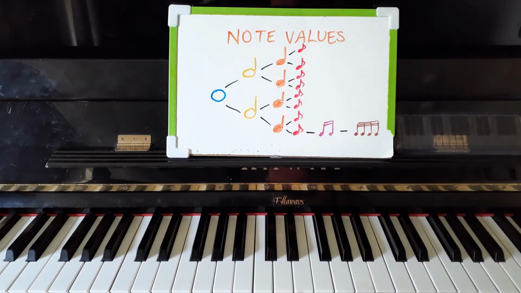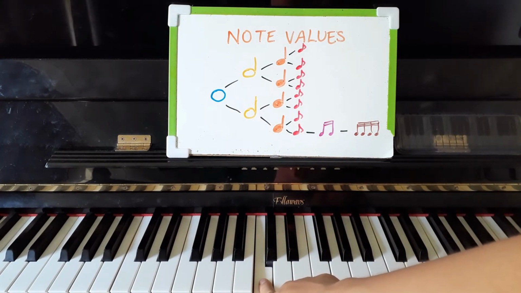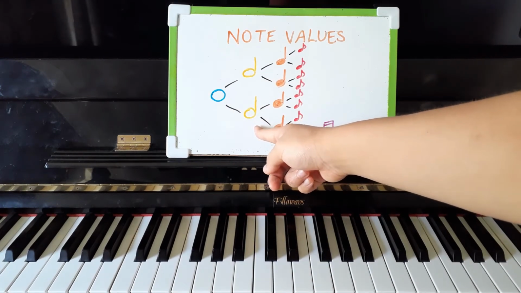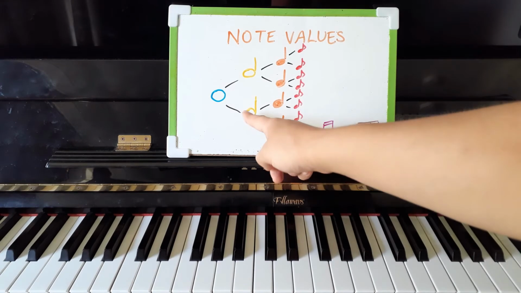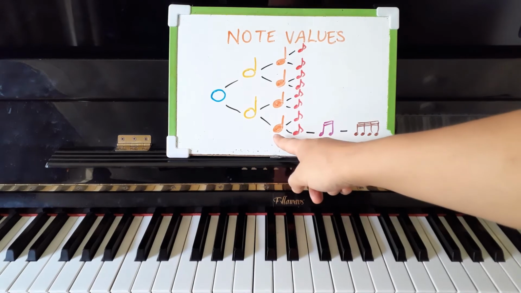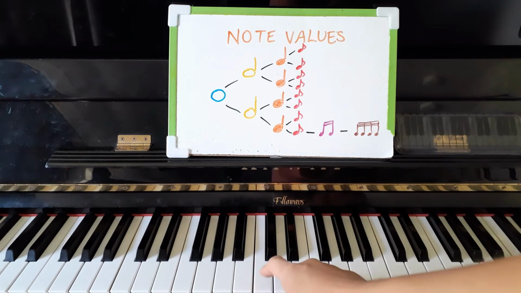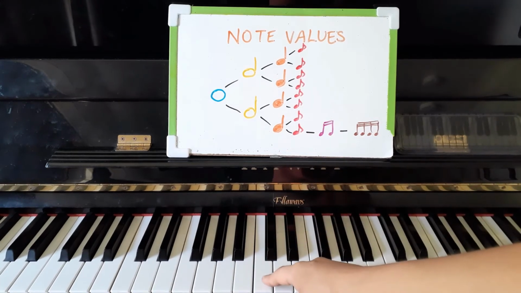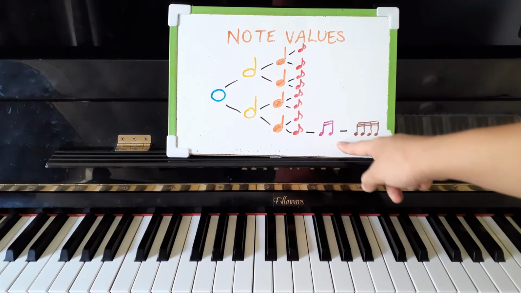Looking at this diagram, we have a 4-beat semibreve: 1, 2, 3, 4, off, which splits into 2 minims. Each minim is worth 2 beats: 1, 2. Each minim splits into 2 crotchets: 1 crotchet, 1. Each crotchet splits into 2 quavers: 1 and. Each quaver can split into semiquavers, and then each semiquaver can split into